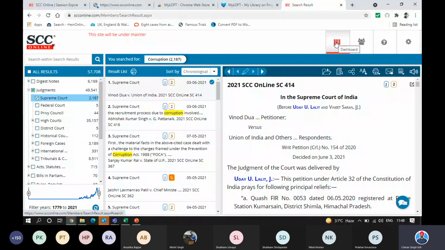Let's suppose you want to see judgments on road accident compensation. That there was a road accident, a motor accident, a motor vehicle accident, or whatever you want to call it, MACT cases, and I want to look for compensation where it was awarded. So if you just write motor accident or road accident in double quotes, and you write space compensation and you start search with it,